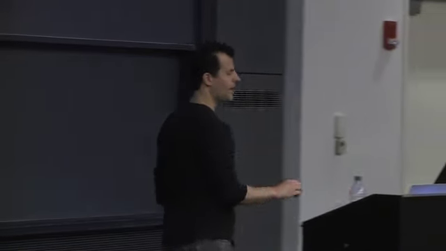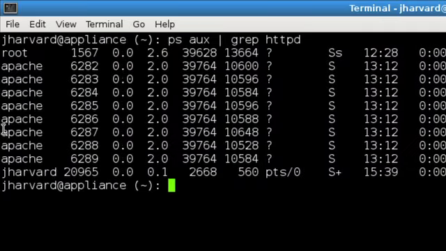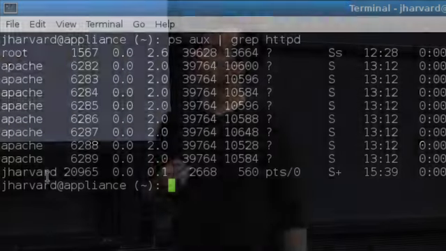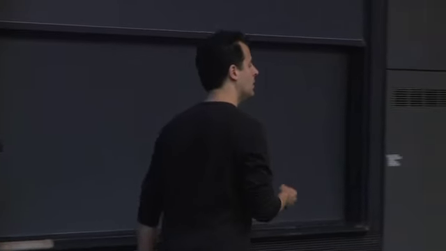But if I scroll to the left, you see in the leftmost column who the web server is running as here. And almost all of those are as Apache. And it's those rows that are going to be used to actually execute user code or serve up user files. But you don't see jharvard's name, but that's fine, because notice what's going to happen here.